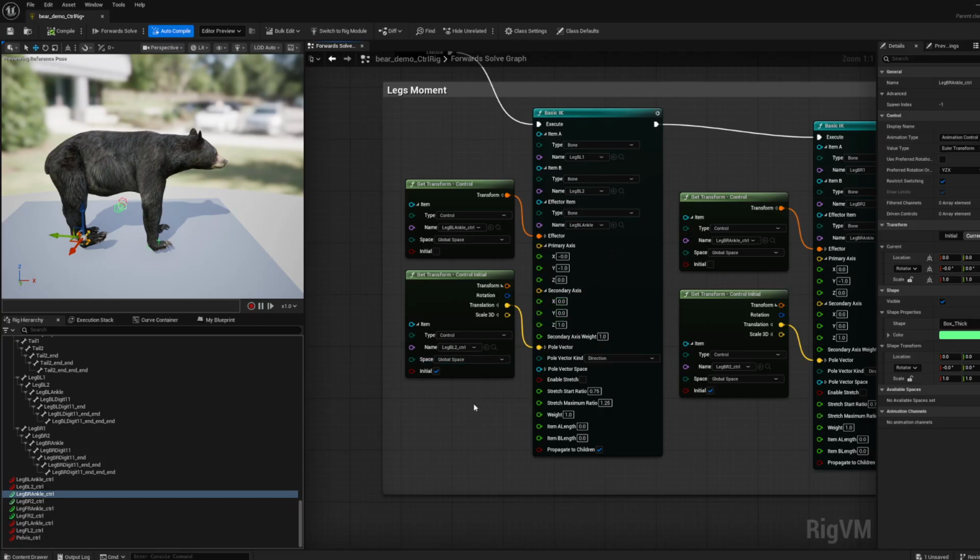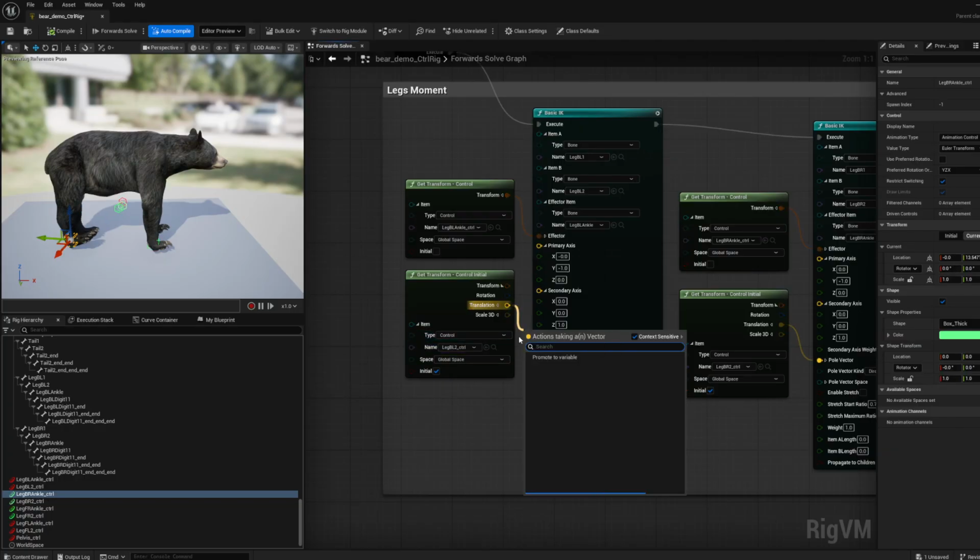And then coming to this pole vector, we need to have this reference to the leg. When it folds, where should the knee point to? If you can see, if I just lift it up, the knee points forward like a real bear or any animal walking. So if we remove this pole vector, we see that